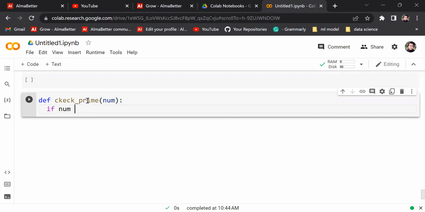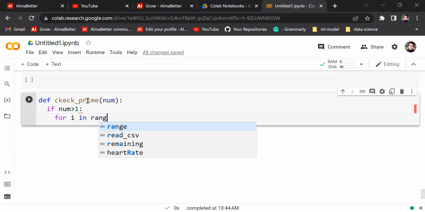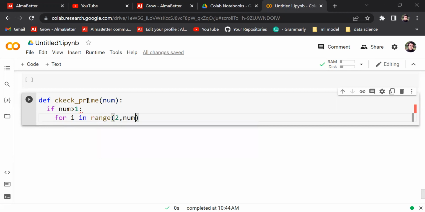If number is greater than one, because one is not a prime number. A prime number is always greater than one. So I choose from